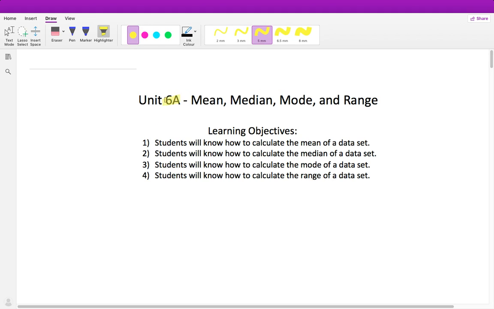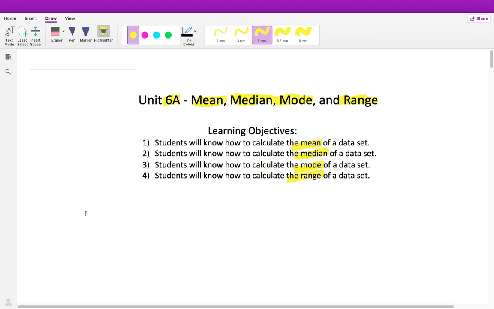Our first video, video 6A, we are just going to focus on 4 things and how we can calculate them. So that's mean, median, mode, and range. All right, so we're going to learn how to calculate these 4. So that's what our learning objectives are. It's just how to calculate the mean, how to calculate the median, how to calculate the mode, and how to